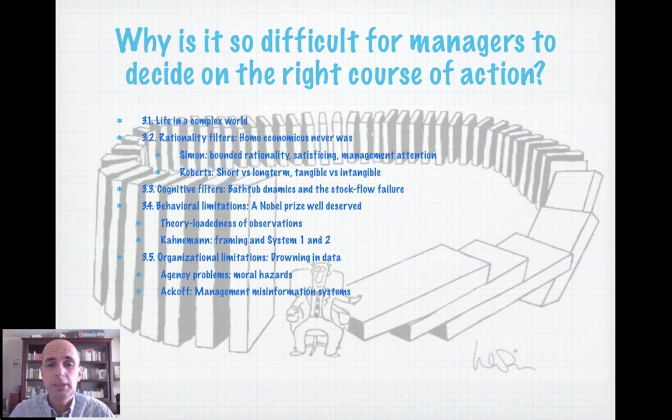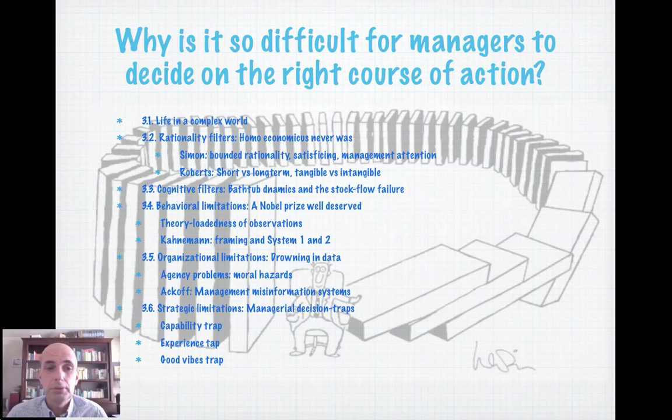And another type of limitation is organizational in nature. So the cognitive filters we always have. We always find it difficult. The behavioral limitations depend on what kind of setting we are in, to what extent we have been primed or framed to take a certain type of decision. Organizational limitations are yet another type of filter. Here we may well know what the problem is and we may be rightly framed, but we will be crazy if we want to have a nice career, if we would actually take the right decision there.